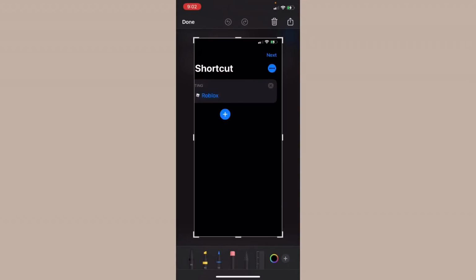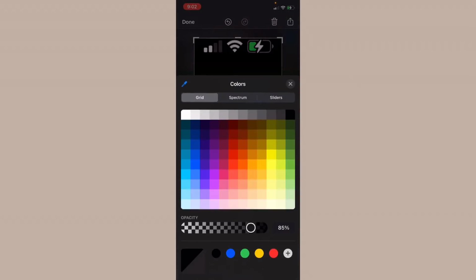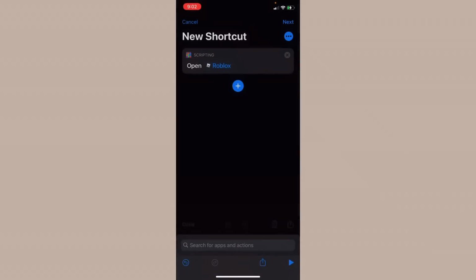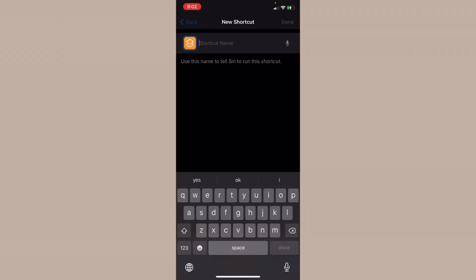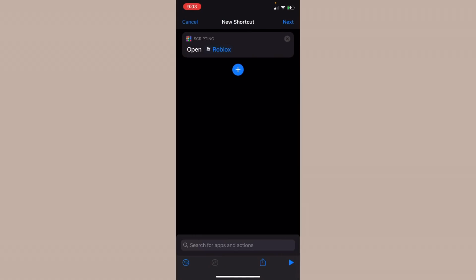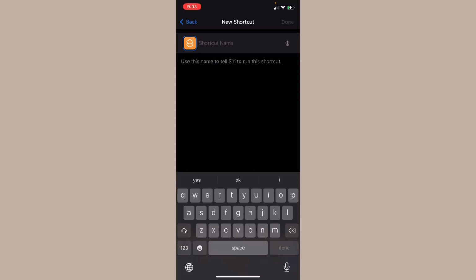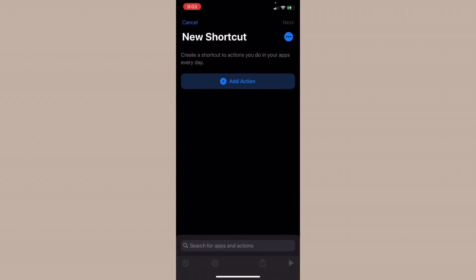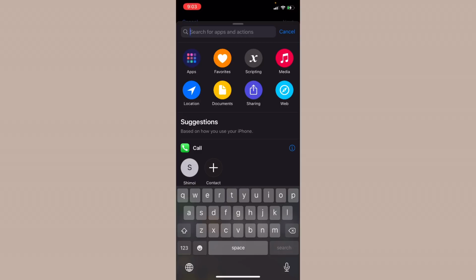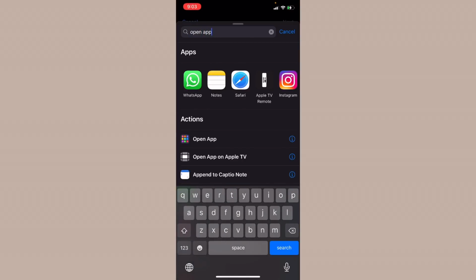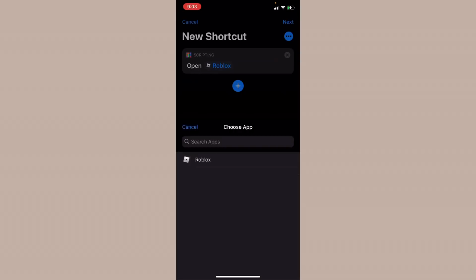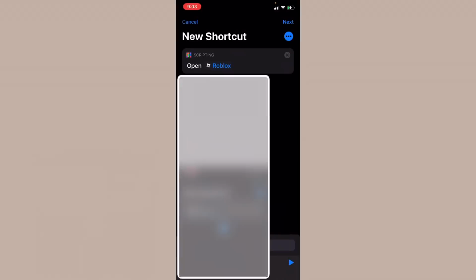And then you are going to click this word Next. Okay, and then you're going to name it. So mine is Roblox. Okay, and then what you're going to do is click